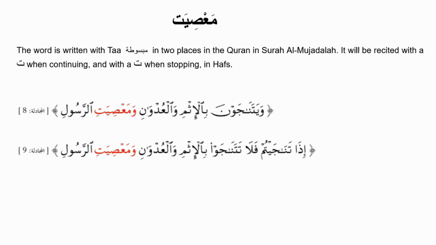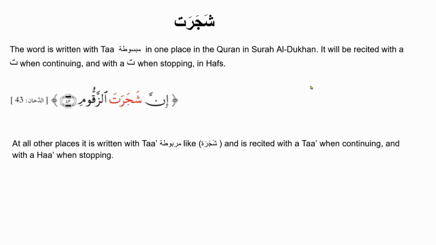The next word is ma'asiyah. This word is written in 2 places in the Quran with ta mabsuta, the flat ta, and upon continuation, we will recite it wa ma'asiyati rasuli. And upon stopping on the word in the recitation of Hafs, we will recite it like this. وَمَعْصِيَةٍ. The next word is shajara, and it is written in one place in the Quran with ta mabsuta, and